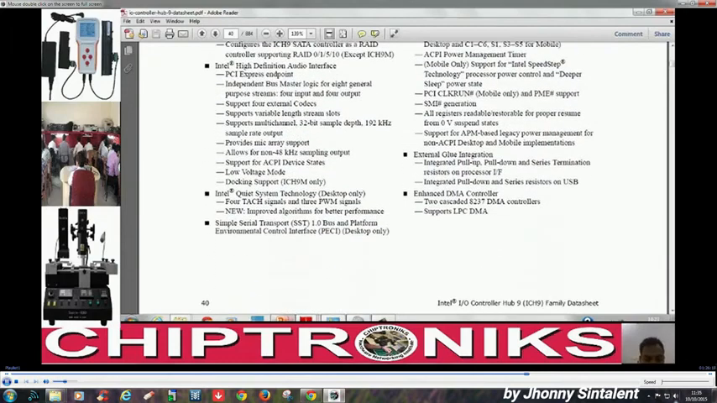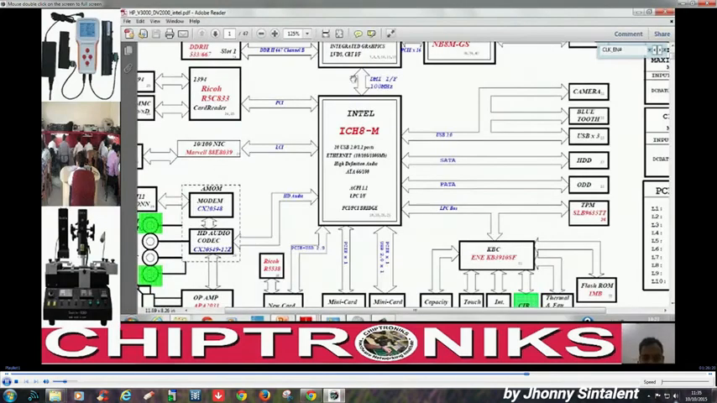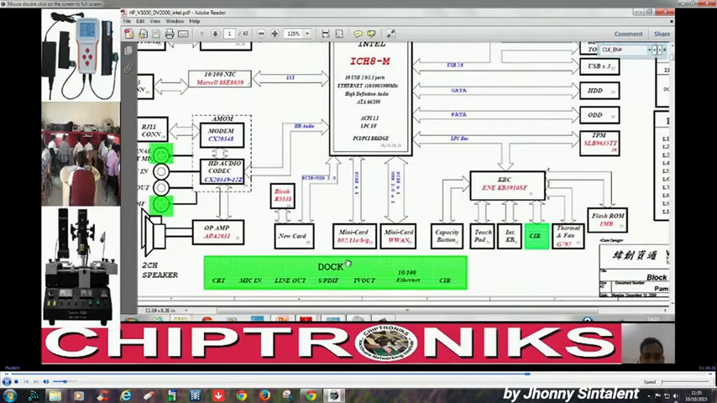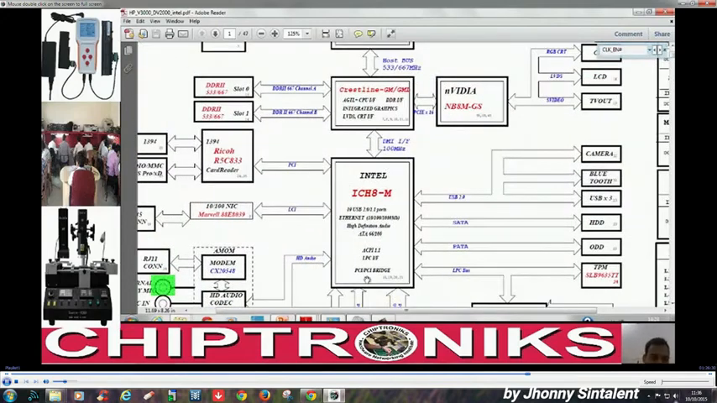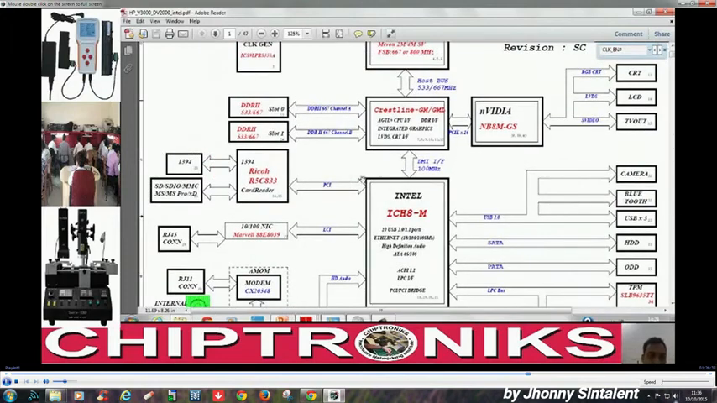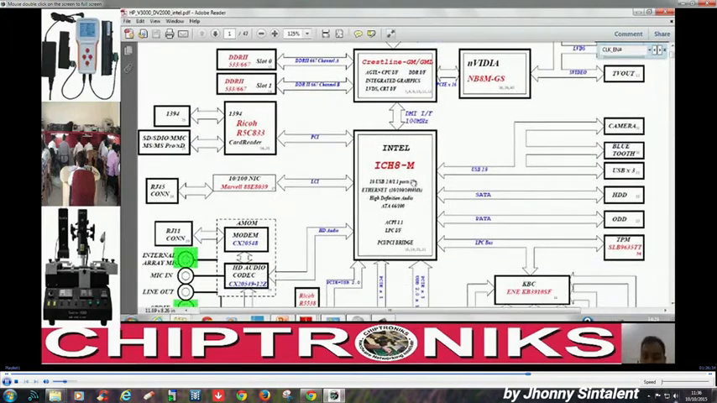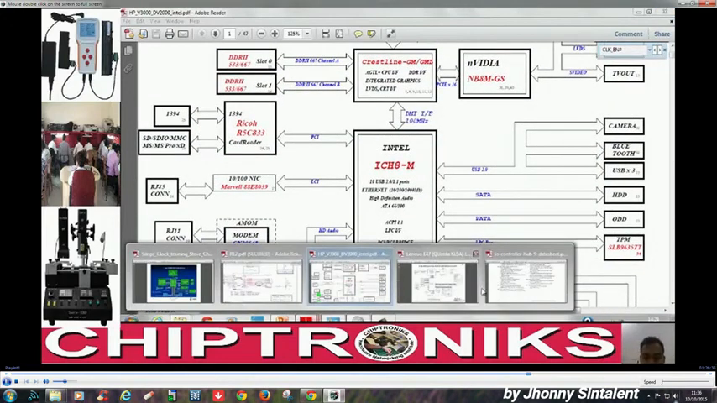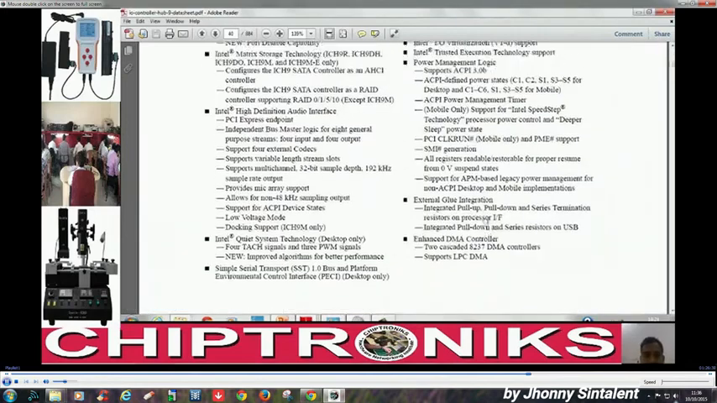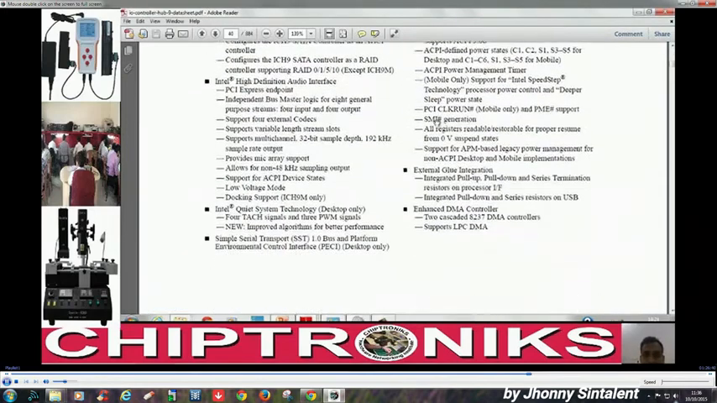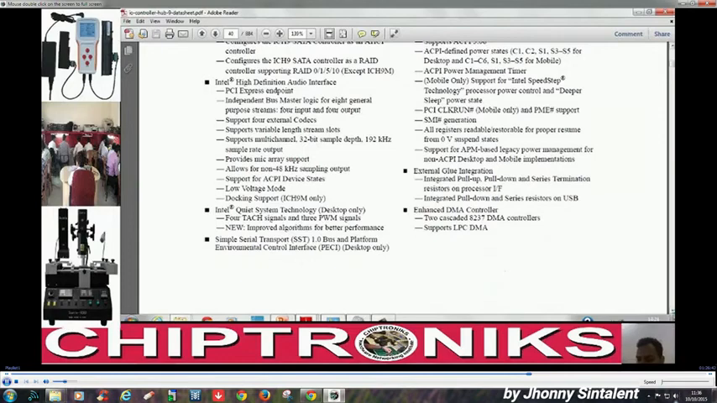Various power logic. So this chipset, you see, is at the center. USB, camera, TPM, audio, mini card, Wi-Fi, all is supported through this chipset. Card reader, everything is supported through this ICH. So here are the features which are mentioned in the data sheet on page number 40. We go to the next page,